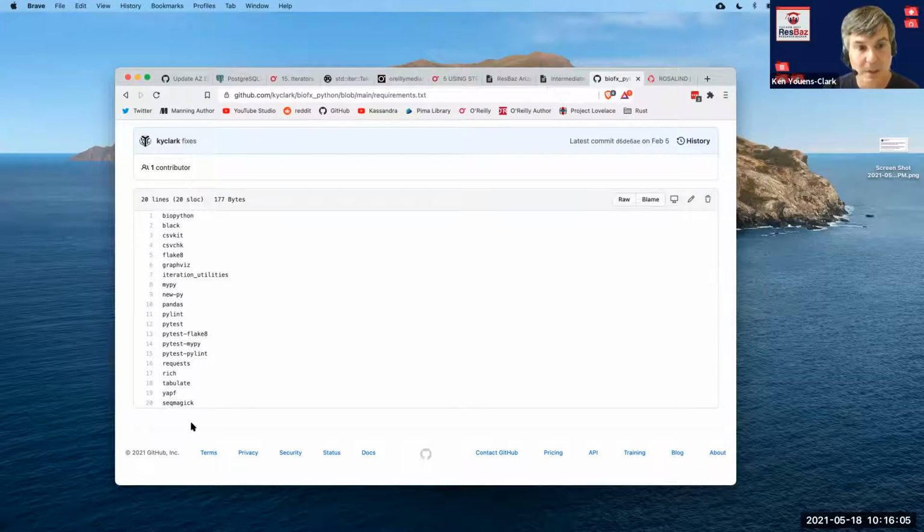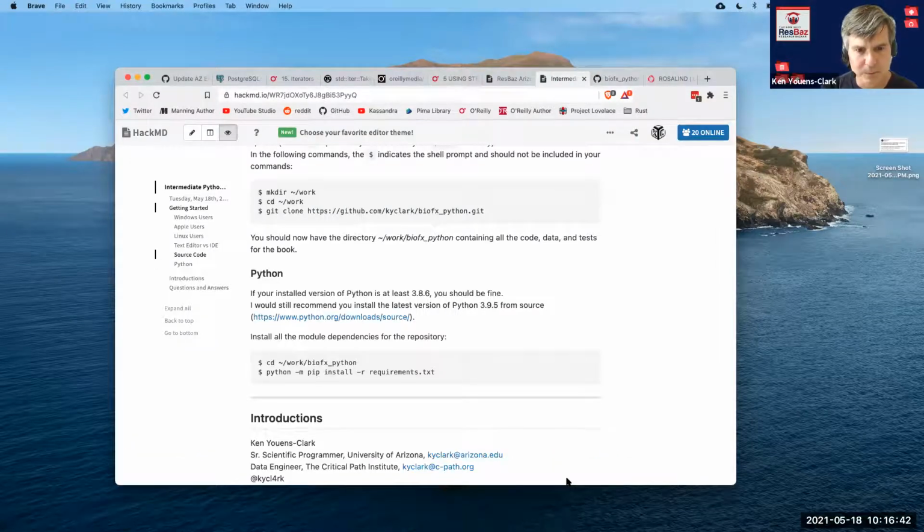So all of these modules need to be installed in order to do ultimately all the exercises. For instance, I definitely am going to be showing you about PyLint, which is a linter which finds problems with your code. Another one called Flake8, which is in here. It's just another kind of linter. And I'm also going to be showing you a tool called MyPy, which checks for how you use types. And then there are ways to test your program using PyTest. And then there are some integrations for those tools to be used within PyTest. And don't worry, I'll show you what all this means here as we're working through it.